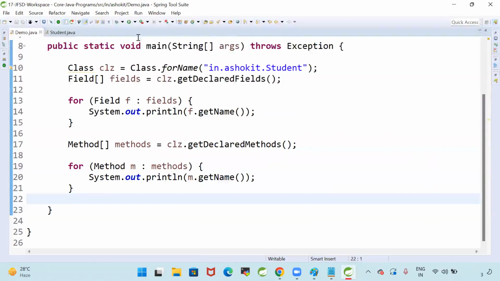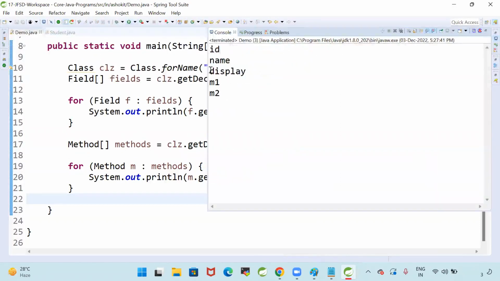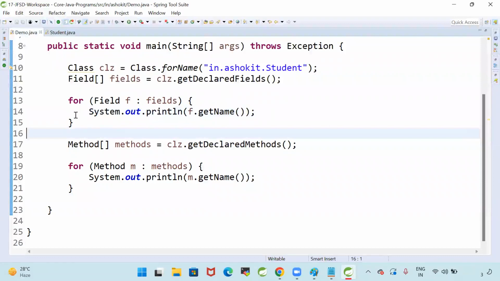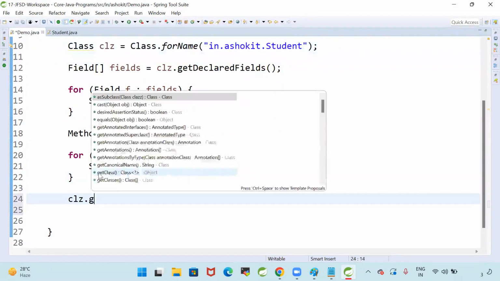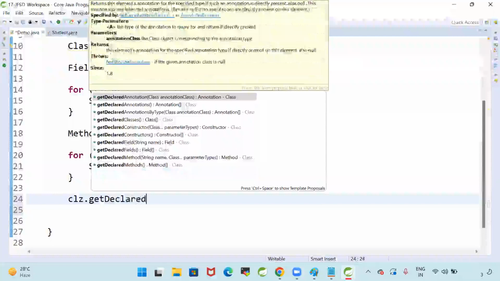Now let's go for this. What are these? display is one method. m1 is one method. m2 is one method. Here I am getting variable names. Here I am getting method names. Similarly, let us see what else we can get by using this class object. Class.getDeclared